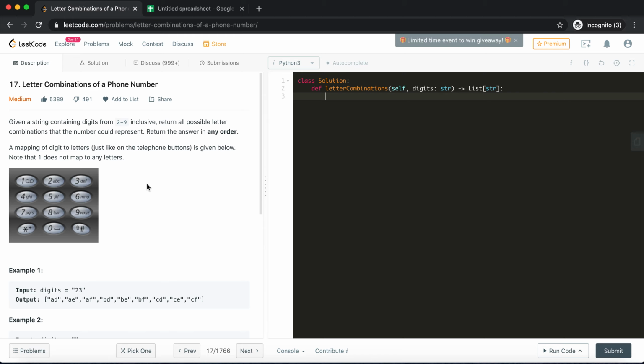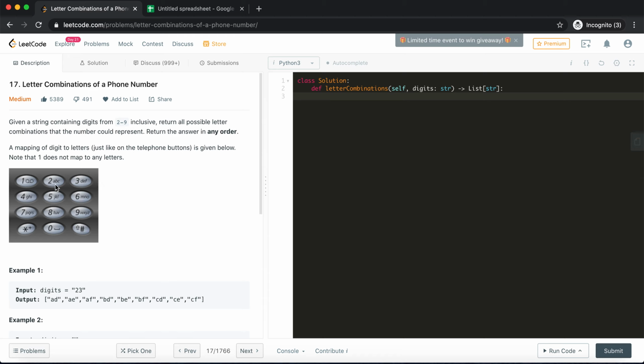So how should we go about solving this? Typically in these kinds of problems, where we need to produce every combination possible, it is a classic example of backtracking.